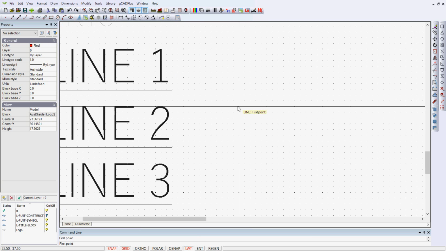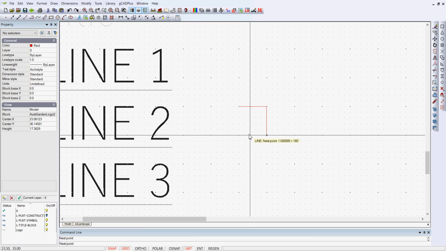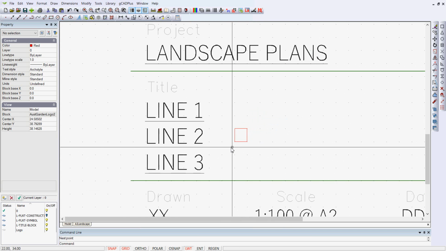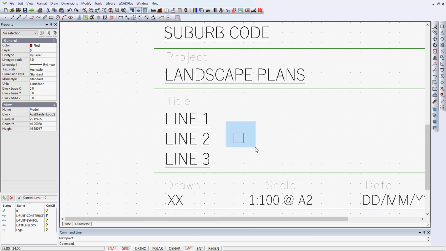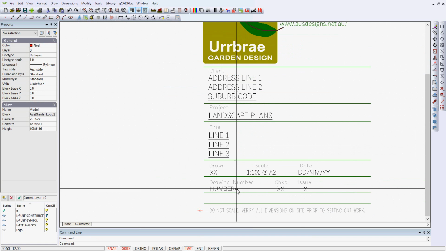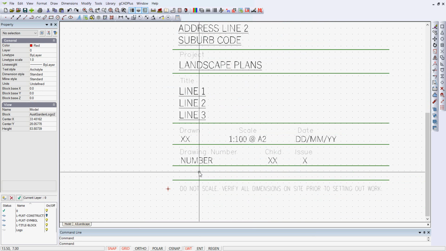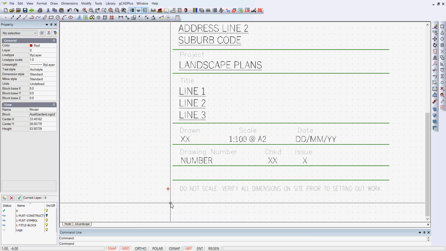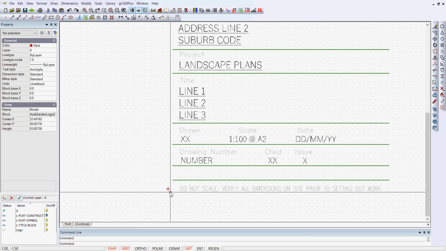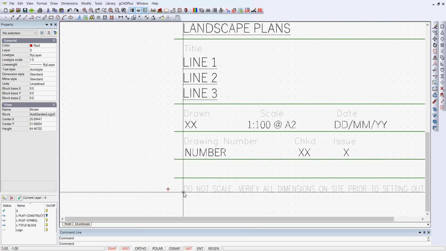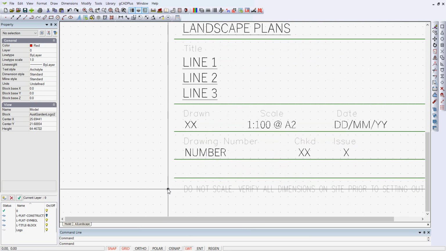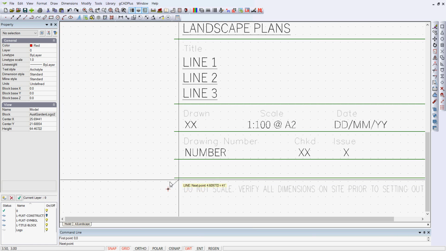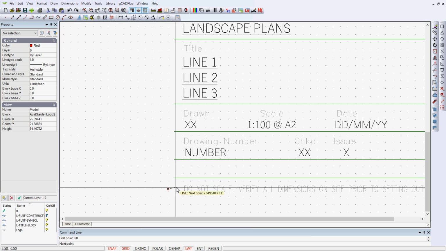So I could draw a line from major grid point to major grid point, and down and back again. And quite often a grid such as that can be a useful design aid, so I'll just eliminate that. But what I've used the grid for here is to set things out neatly. My base point, or 0, 0 in this is a block, so the base of my block sits here. I'll start a line at coordinate 0, 0, that's 0 in the x and y, and you can see it